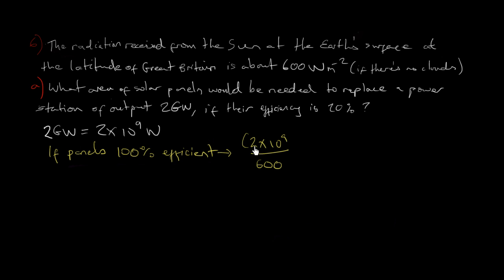So all of this power is what I'm trying to absorb, and this is the amount of power that I'm absorbing with every meter squared. So this division should give me the number of meters squared that I need of solar panels, assuming that they're 100% efficient. So that comes out to be, to 3 significant figures, 1.67 times 10 to the 6 meters squared. So that's millions of meters squared. So that would be assuming that the panels were 100% efficient, but